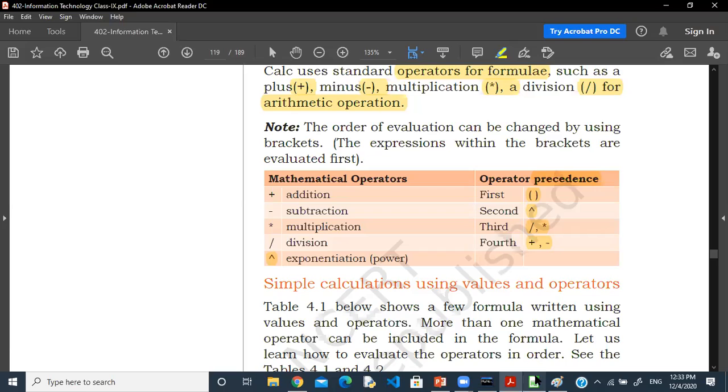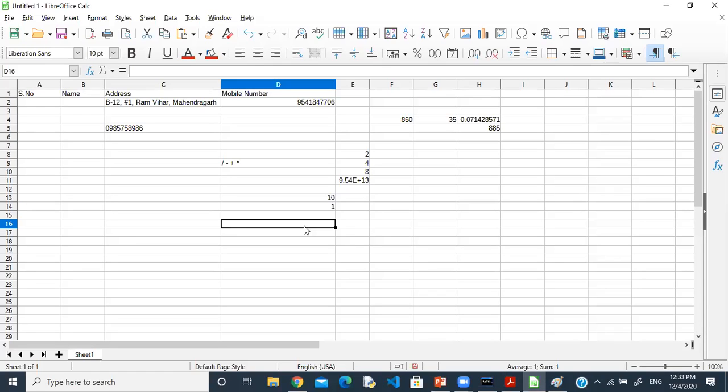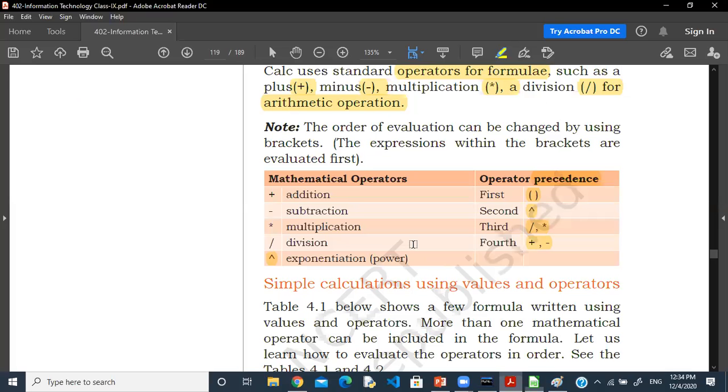This plus and minus also you try to understand. Suppose I'm writing here equal to 10 plus 5 minus 3 minus 2. Again I'm writing equal to 10 minus 5 plus 3. What are we getting? 8. So what happened? Here first add, then subtract: 15 minus 2, 13. Here, first subtract, then add: 10 minus 5, 5 plus 3, 8. Okay, so this way it will execute.